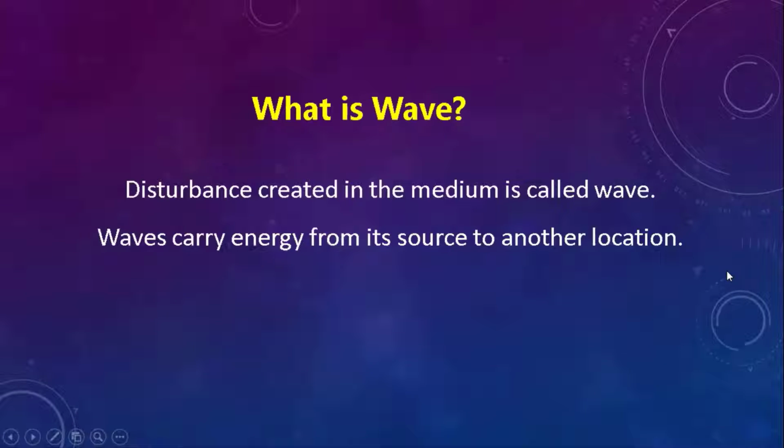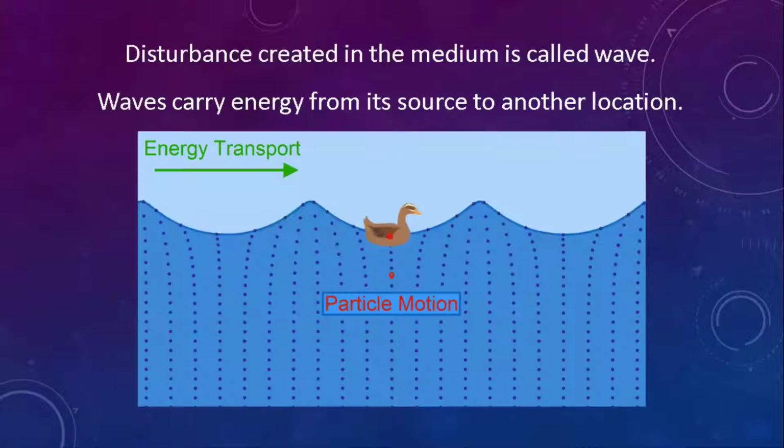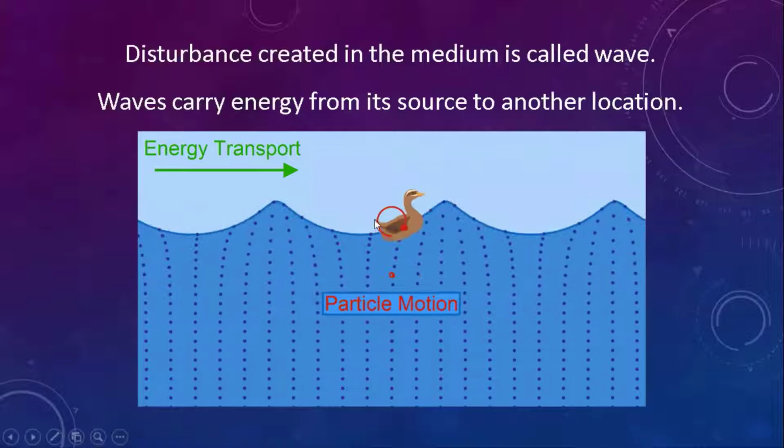From these examples, we can define a wave as a disturbance created in the medium. These waves carry energy from the source to another location. But the condition is that there is no transfer of particles from one place to another place. That is a wave. Here, by looking at